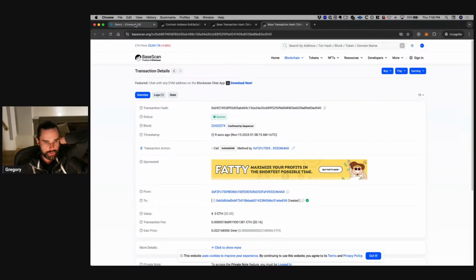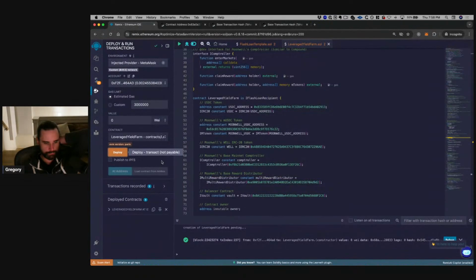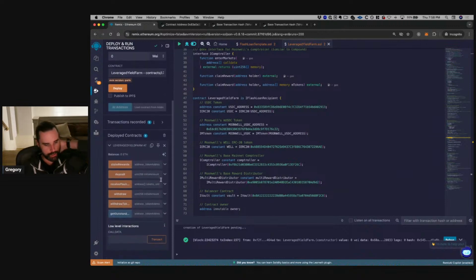So the contract was created. All right. Now we can see the functions are here. Okay. So the next thing I'm going to do, in order to start earning passive income with this application, you have to send some cryptocurrency to this smart contract that we just created. Okay. So if you look here, you can see the address right here.